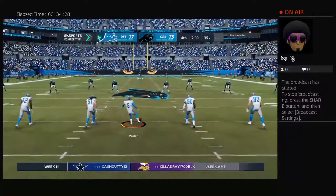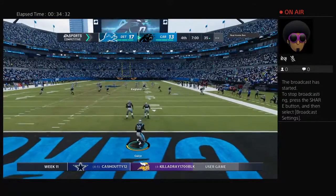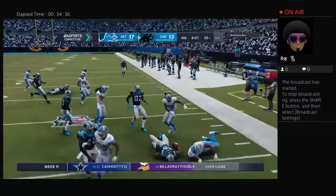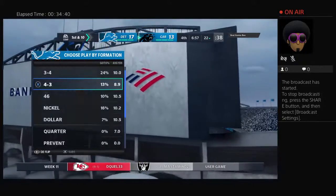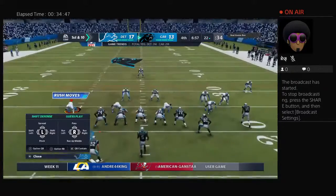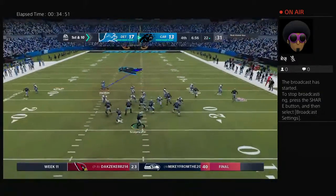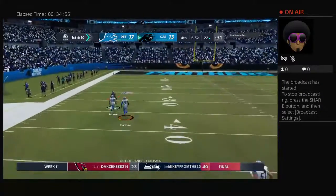Here's Prater now set to kick it away. Fielded a couple yards into the end zone. And he returns this to the 22. The Panthers take over 1st and 10 at their own 22-yard line. This Carolina offense at the line, ready to go. Now, the bad news for them, they've seen that cushion they once had totally evaporate, and they're working from behind. The good news, they now have...